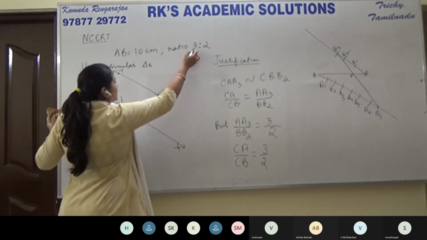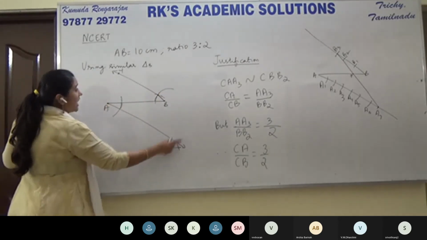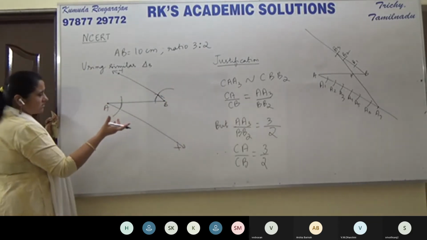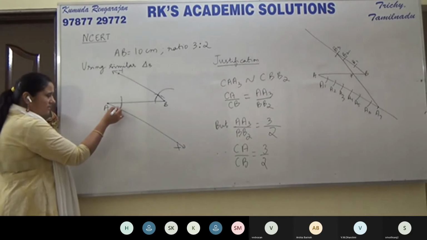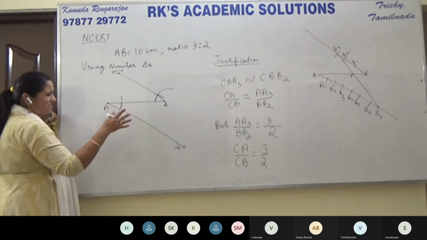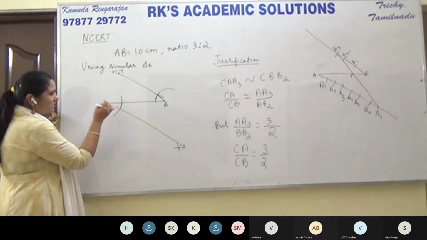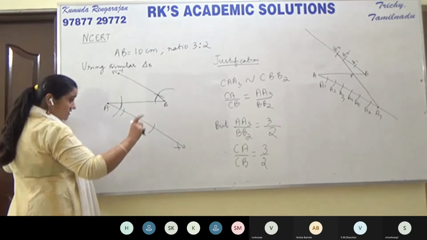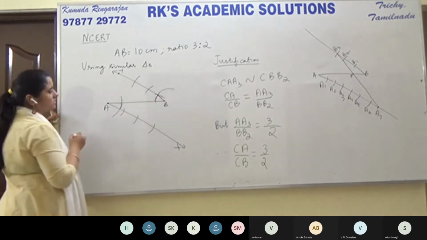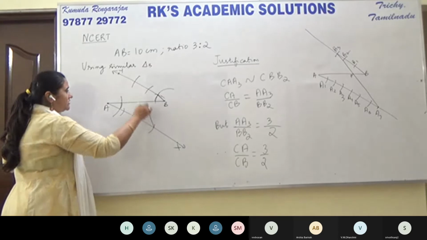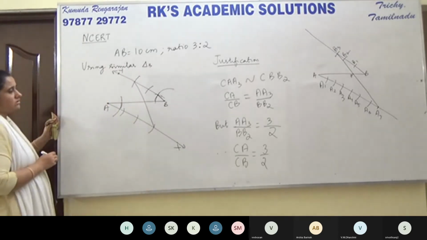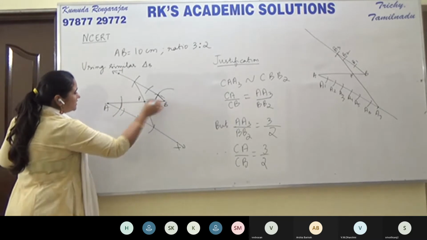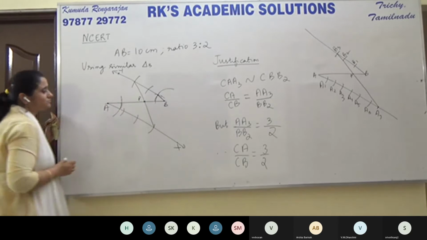Now we need to get 3 points on AX and 2 points on BY. So now you can change the radius. The first arc can come before this arc or after this arc, that's okay. With A as center and some radius, A1, A2, A3: 3 points here. Same radius, B1, B2. Now join A3 to B2. If you call this point P, now P divides AB in the ratio 3:2.